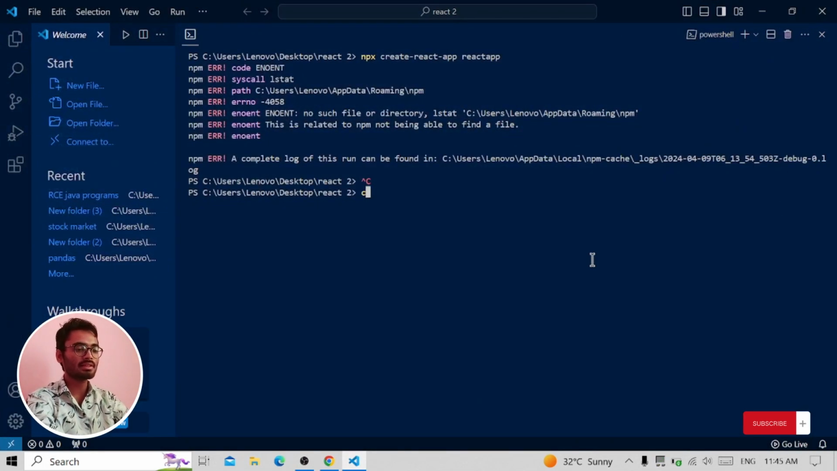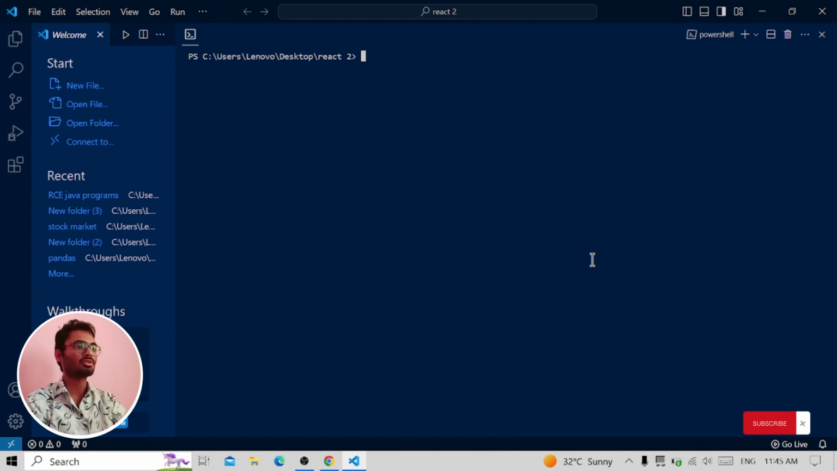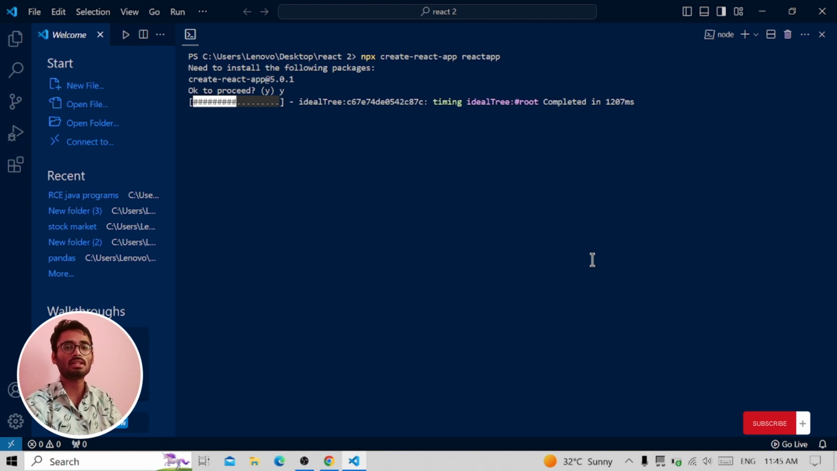Now for clearing the screen, you have the command clear, and then you can just run all the code that we wrote and press enter. Now I think you will not have any errors, and right now it is saying need to install the following packages, create-react-app. Then we are just going to allow it, yes, and click on enter. So it is going to take some time while getting installed inside your PC,